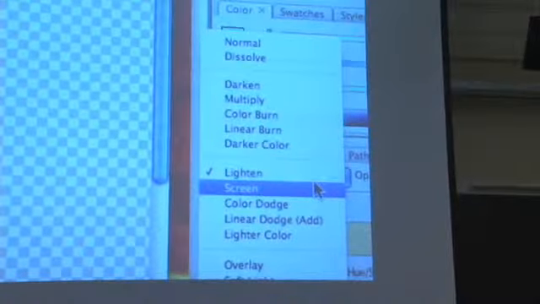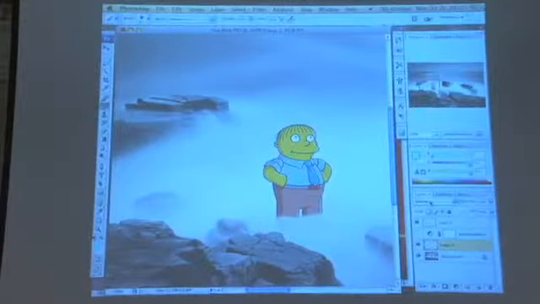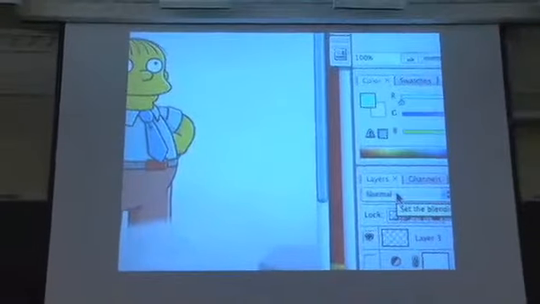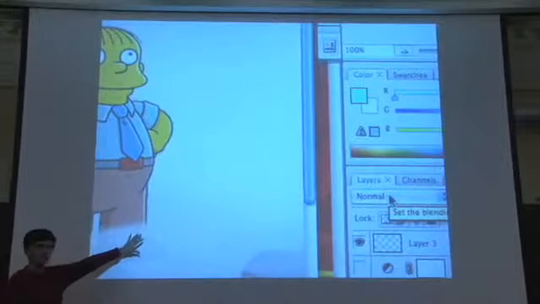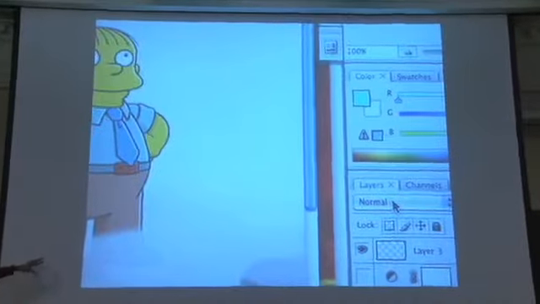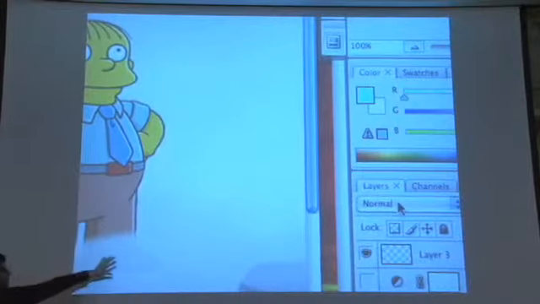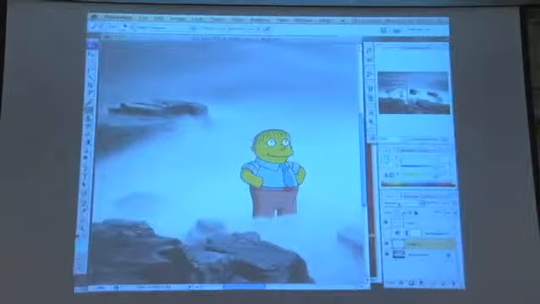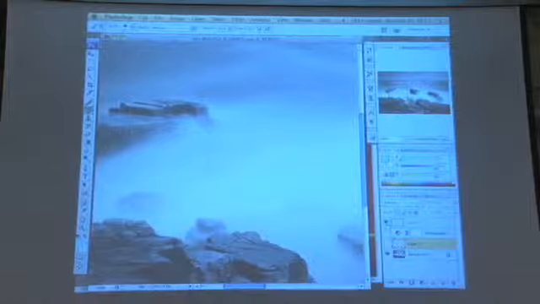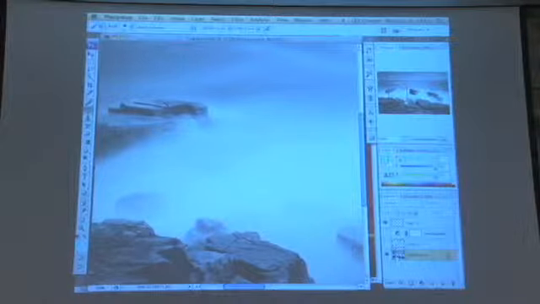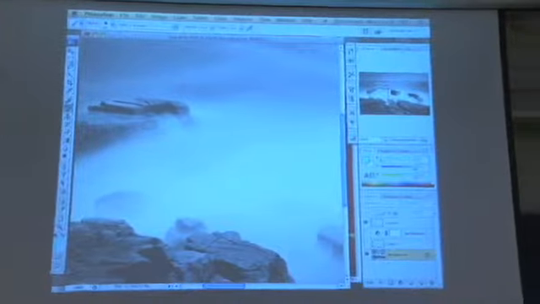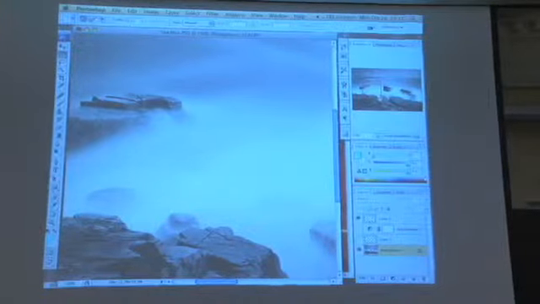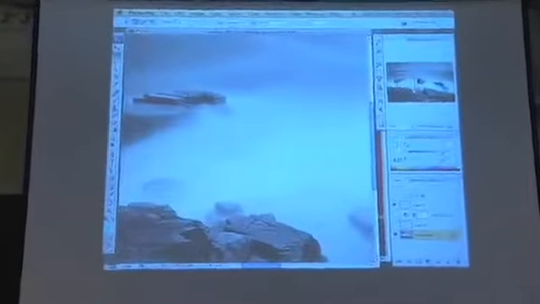So whereas before everything was normal, everything that we've seen up until this point had this normal layer effect, let's say that we wanted to add a little bit of fog to Ralph's feet. And it's hard to color match and it's hard to copy paste some of this information. So what you could do instead is remove Ralph temporarily, select the background layer, and use this rectangular marquee tool. You're just going to select a portion of the image,